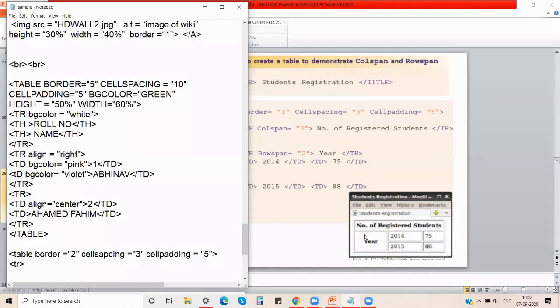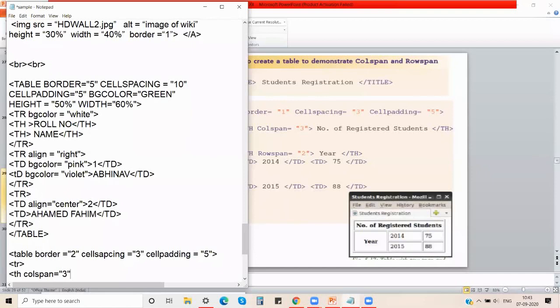I told you the first one will always be your table heading. So how many columns are spanned here? 1, 2, 3, and that is how I am giving th. Because it is a heading that is spanned, I am giving it as th. If it is data that is spanned, you have to give it as td. Refer to the output that is given to you and then do it. Here, as it is a heading, th colspan is equal to 3. This is how you will be giving it.